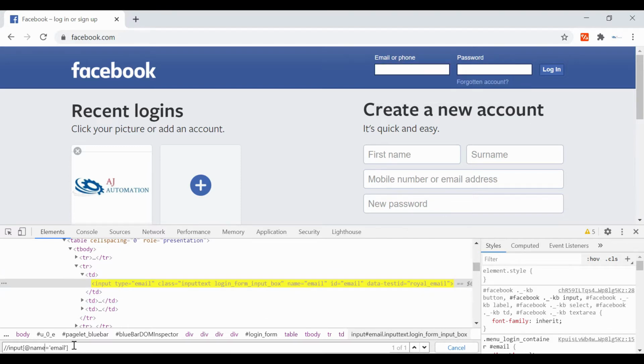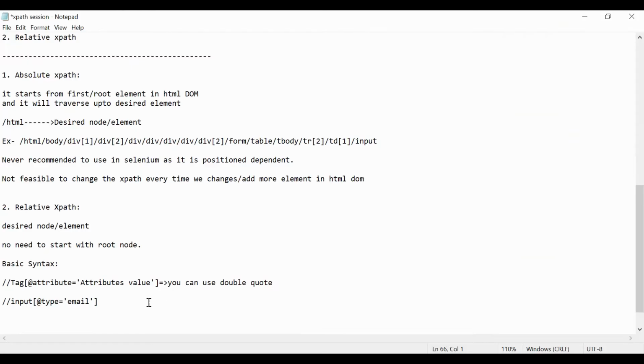You can use the double quote also. I will show you practically. Both are working, but in Selenium we are going to use By. Likewise, driver.findElement, and in brackets By.xpath, which is a method, and in double quotes we need to provide the XPath.